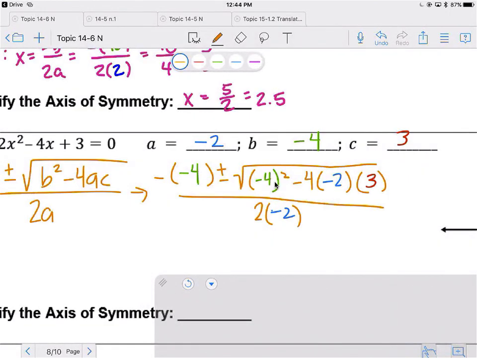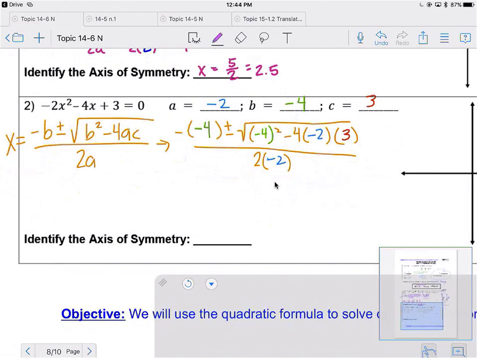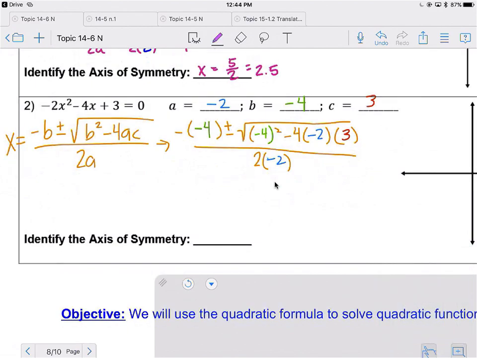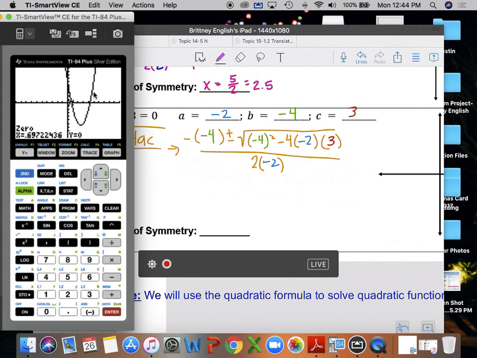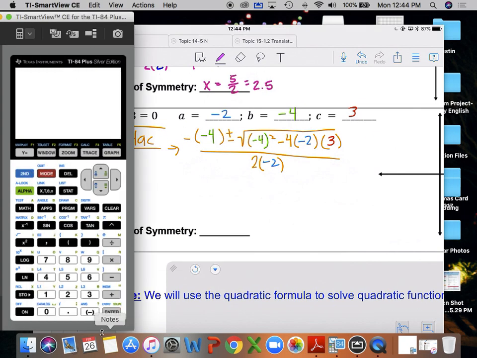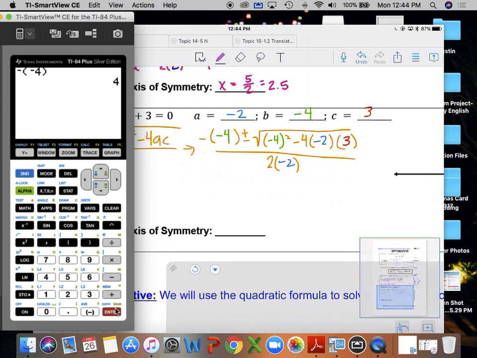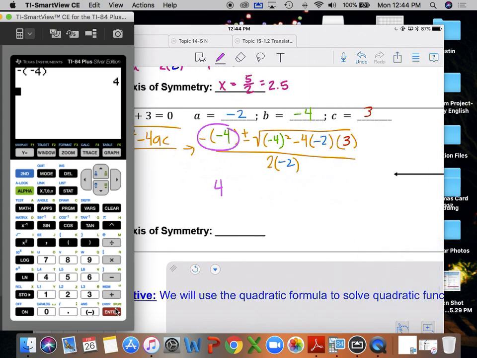Okay. So this looks like a lot. It looks very complicated, but we're going to simplify it nice and easy in separate pieces. So all you have to be able to do is plug in and then use a calculator. So negative 4, you can use your brain or a calculator. In the calculator, not in the graphing, just a normal calculator, negative 4 is a positive 4. So I replace this with 4. Plus or minus, and we'll do all of this in a minute. On the bottom,